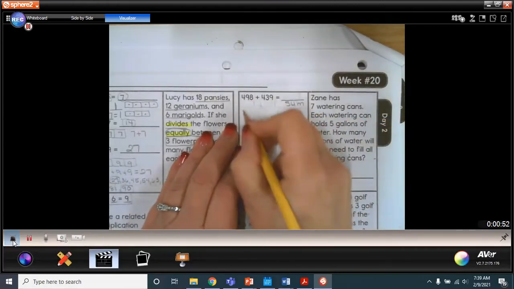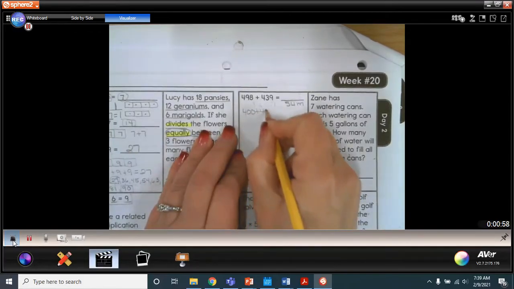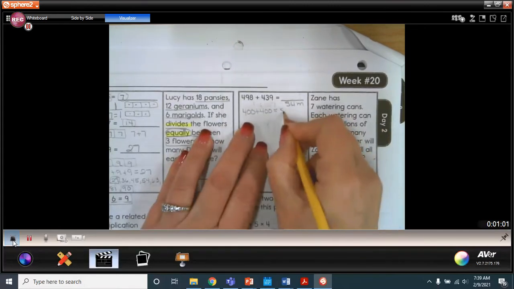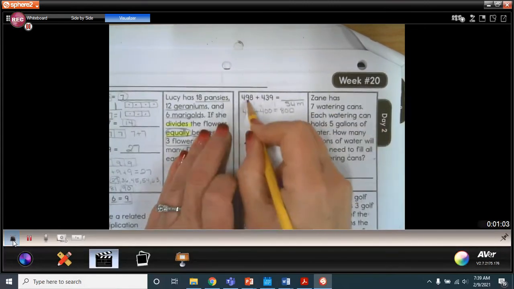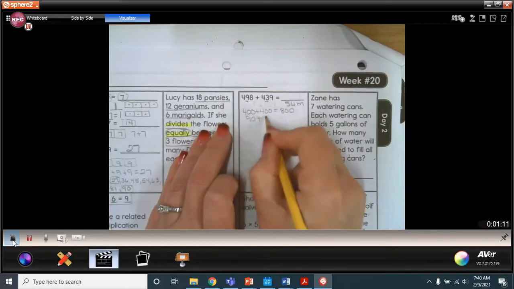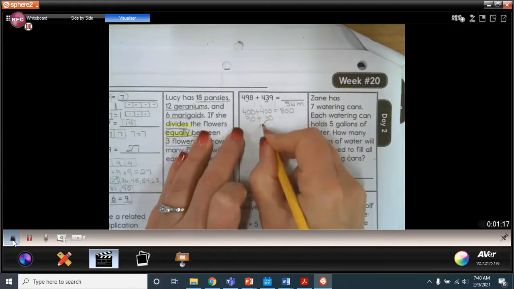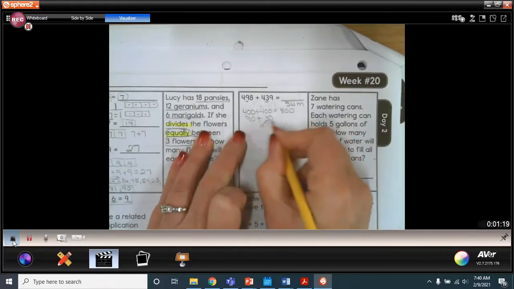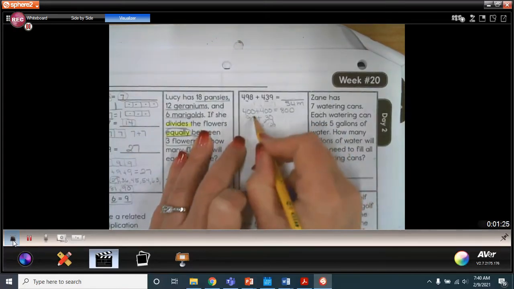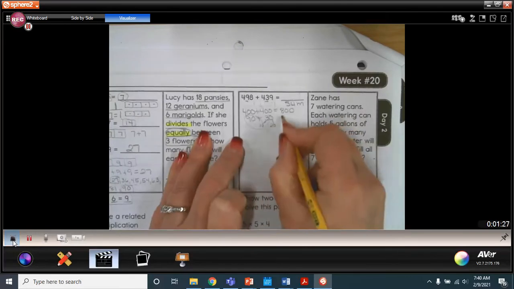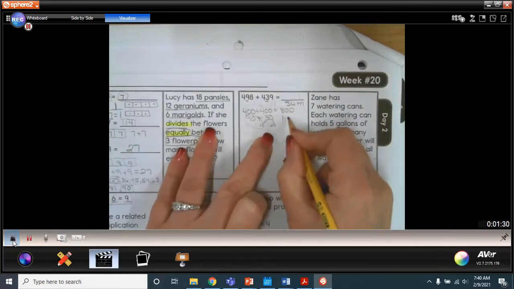So I'm going to do this first using the break apart strategy. I'm going to add my 400 and my 400, and that will give me 800. Then I'm going to take my tens, and I have 90 and 30. So 90 and 30 more. Now 90 is really close to 100. It's 10 away. So if I take a 10 from this 30, which would leave me with 20, I could take this 90 and this 10 and make it into 100, and then that would leave me my 20 here